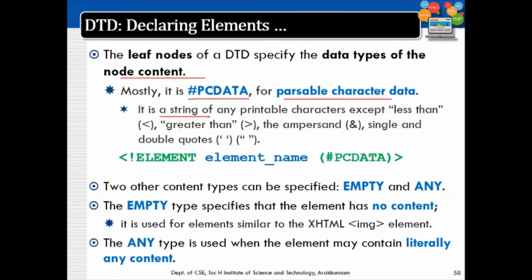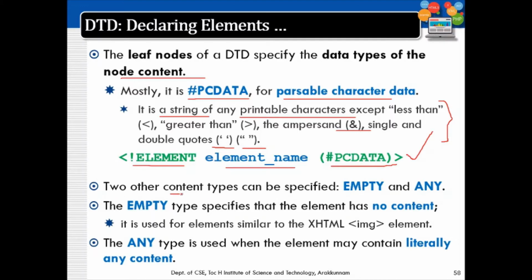Parsable character data means a string of any printable characters except special characters like less than, greater than, ampersand, single quotes and double quotes. Hope you remember, we can add these only by using entity references. So: exclamation element, name of the element, hash PCDATA. This is the format of writing any of the leaf nodes.